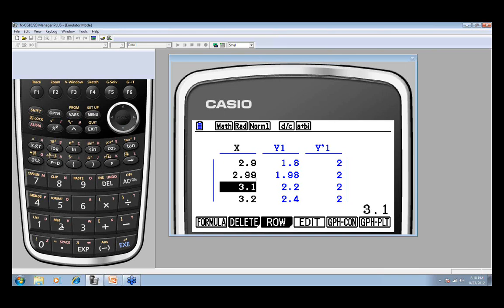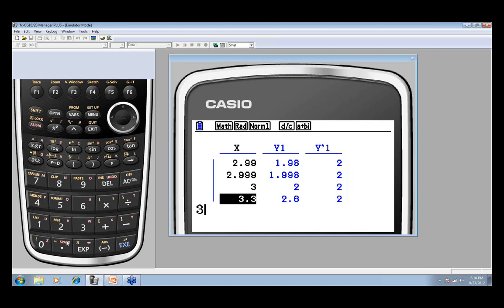I want to get even closer. I want to investigate what the value of 2.999 is. And you can see as we're doing this and getting closer and closer to plugging in the actual number 3, our values were getting closer and closer till it actually became 2. If we go on past 3 and come toward there, if we were on graph paper, we're actually approaching 3 now from the right side.